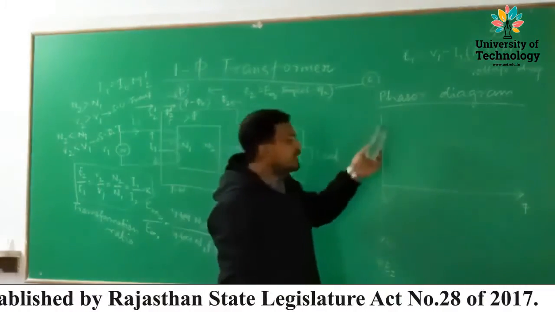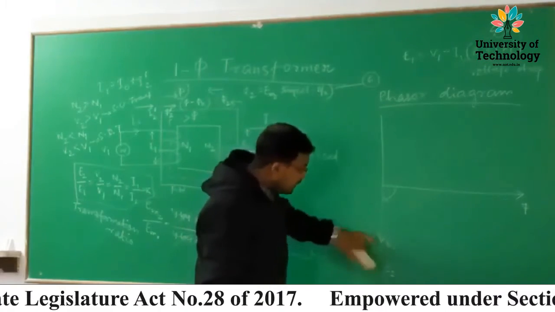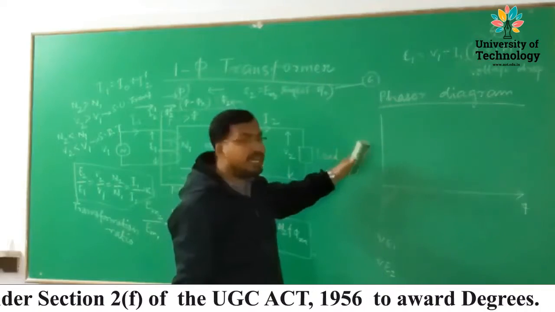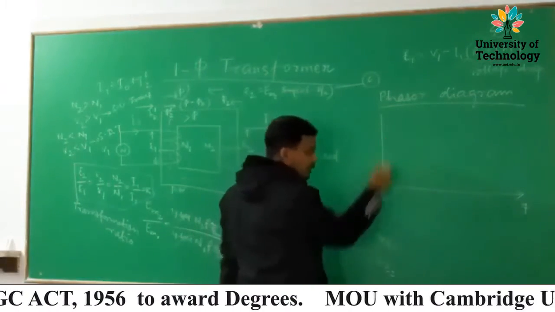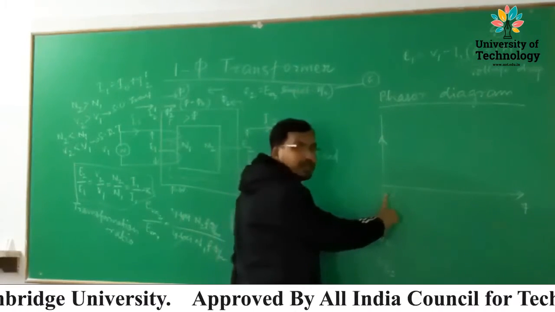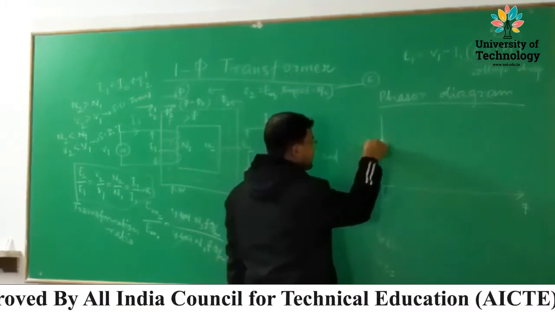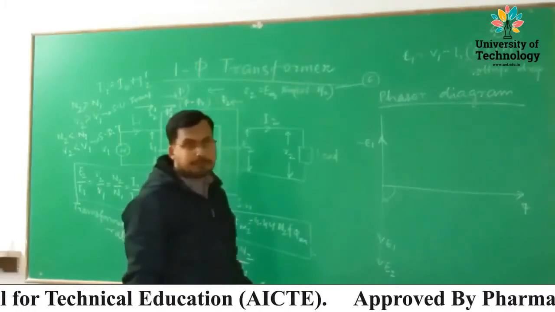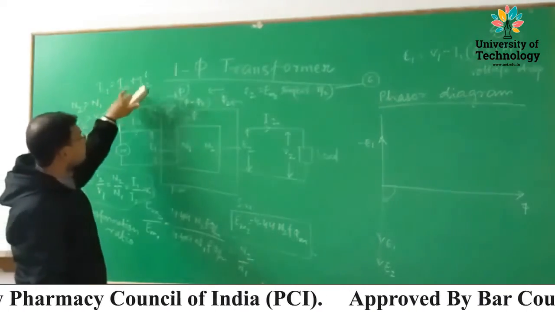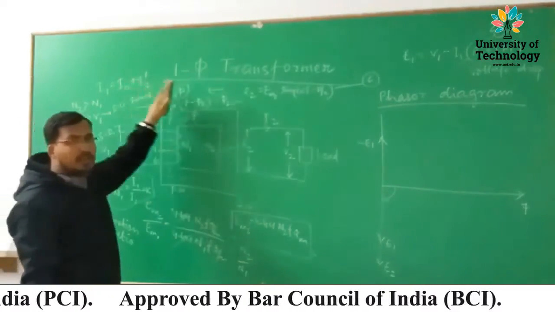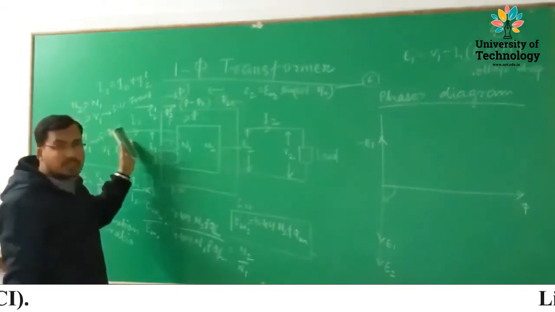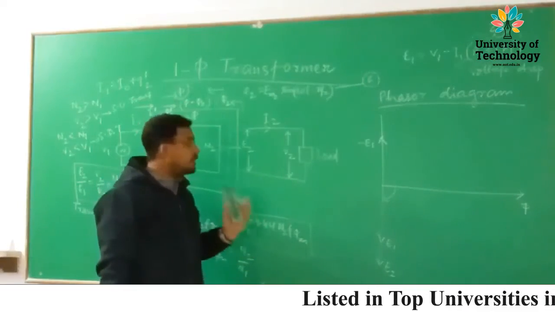So for drawing the vector sum, what we are doing is we are simply rotating the phasor by 180 degrees, from the lower side to the upper side. So here we will draw the same magnitude of E1 in the opposite side as minus E1. Now this current, which is the primary current I1, is the sum of I0 and I2 dash. Now what is I1? What is I0? I0 is the no load current of the transformer.